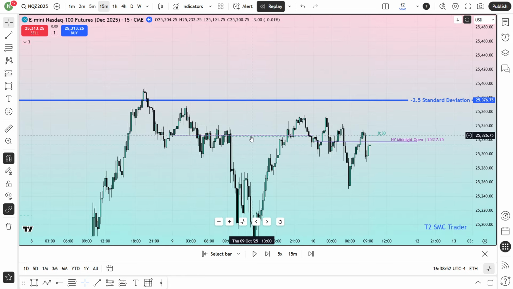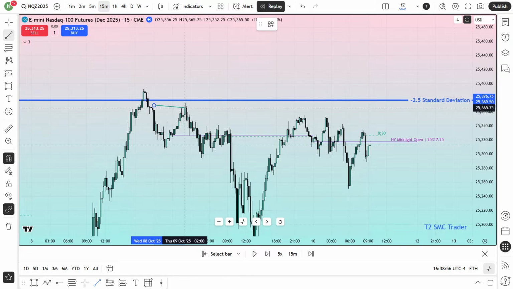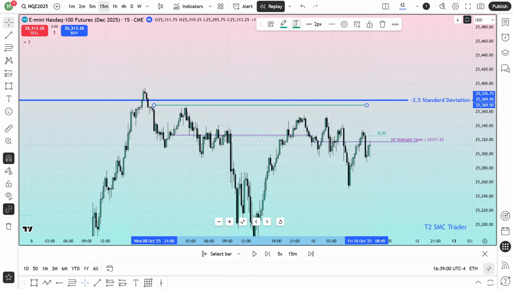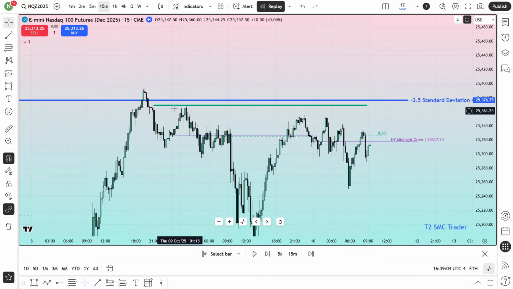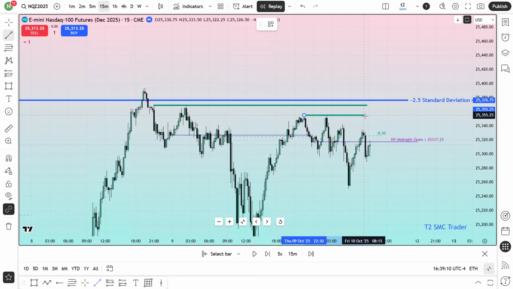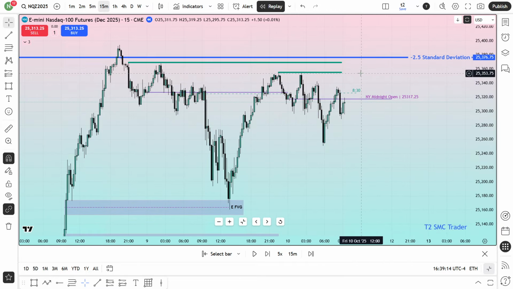And then finally this market came here. When it came here, I have a lot of buy side liquidity over there. You can see this high and that high. They are the relatively equal highs. So I have first buy side liquidity here, which I'm going to mark as a bold line. This is the buy side liquidity, because this is the relatively equal highs. As well, you can see market has built another buy side liquidity below that buy side liquidity over here. So I have two buy side liquidity around this area.